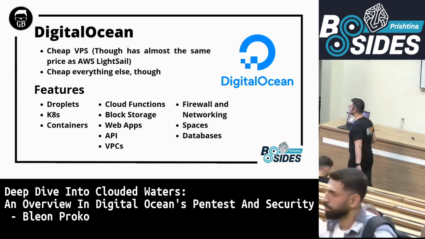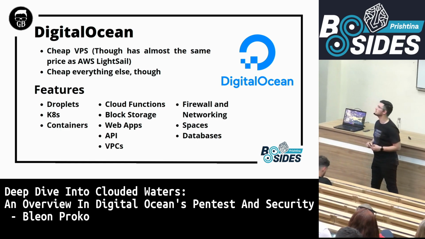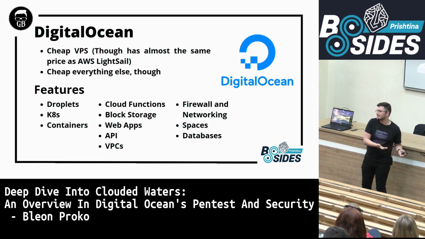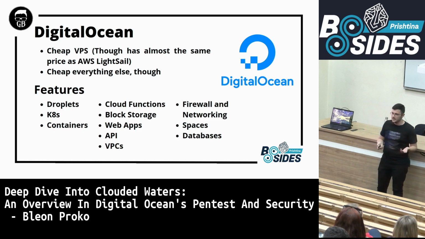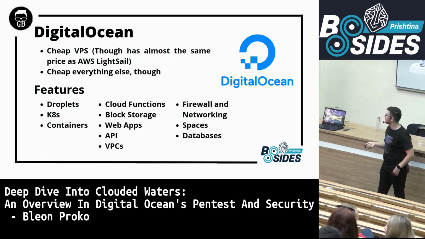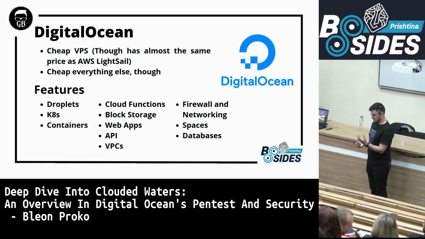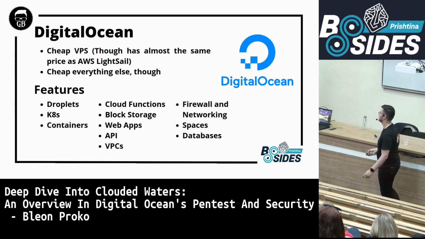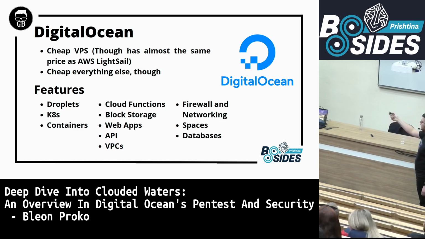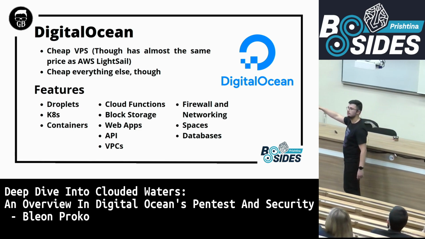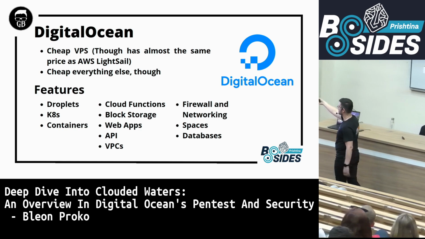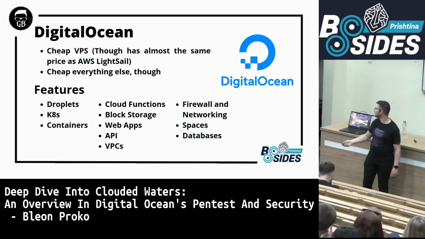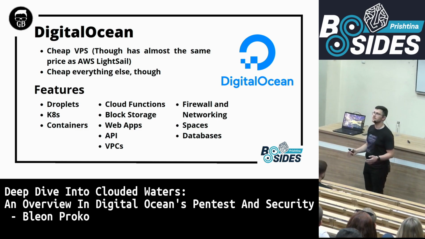They have block storage. Now, block storage is the same thing that you will find on AWS and Azure, the EBS for AWS. So those are just storage that is added extra for a certain machine. They have networking, they have Spaces, which is their version of buckets, their version of cloud storage, and of course managed databases. They have their own API, which is good, and the VPCs, which is something that is,